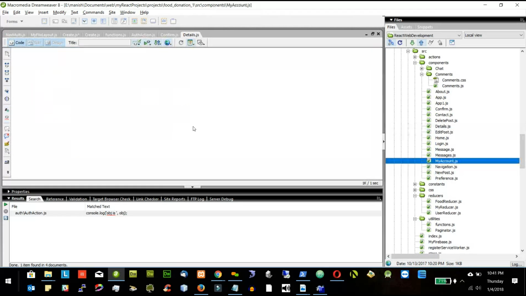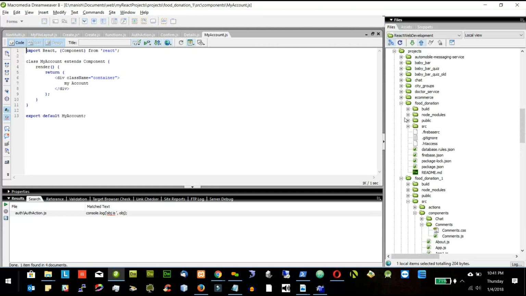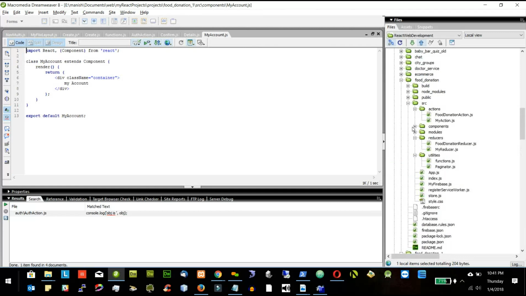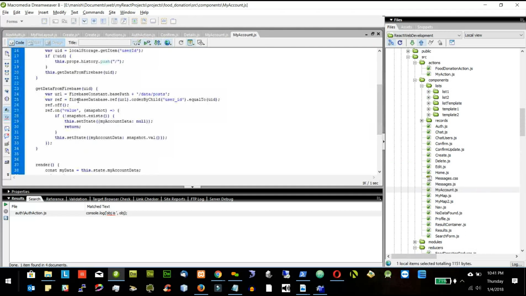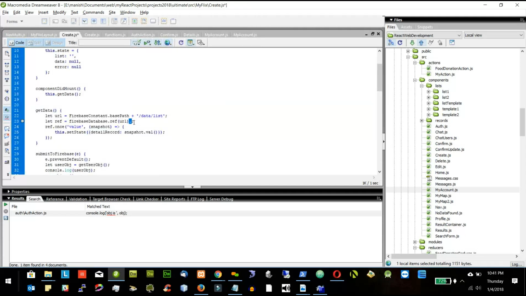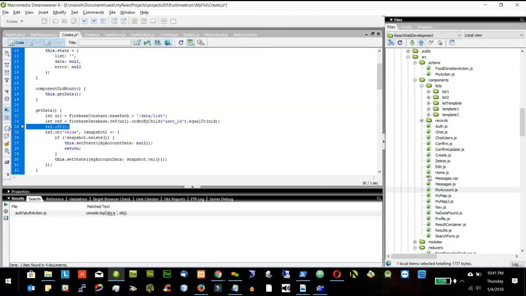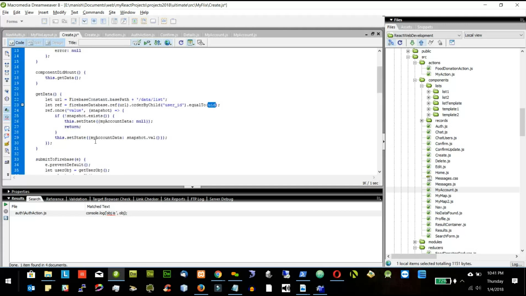in the food donation components, my account, we used something for the user ID. So we use this code, orderByChild equal to UID. Something like that we will use. And we don't need on, we will use once. And we are going by orderByChild userID equal to UID. Instead of UID, we will use